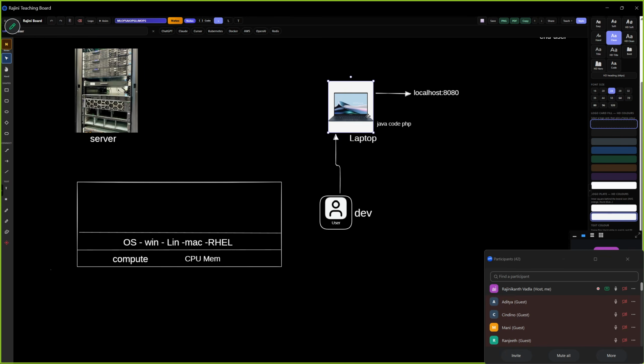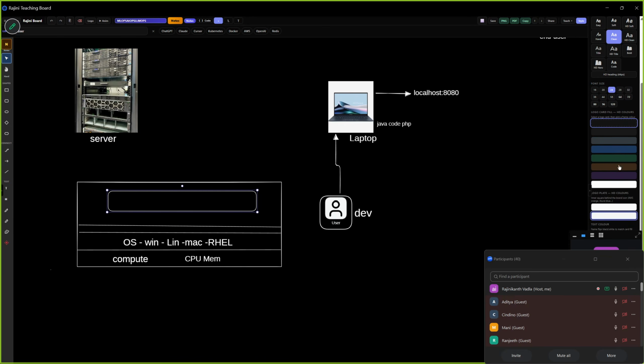But you can install Linux or Ubuntu. The minimum operating system works. So the operating system will come on top of compute. On top of this, there will be a file system and all, and then you will be running your application.